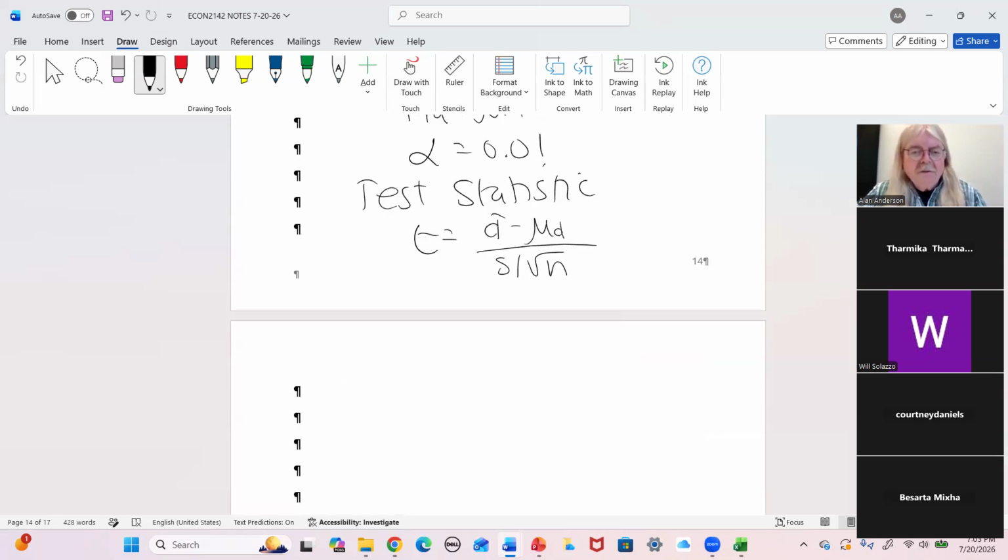So we enter the data into a list, specifically the differences,